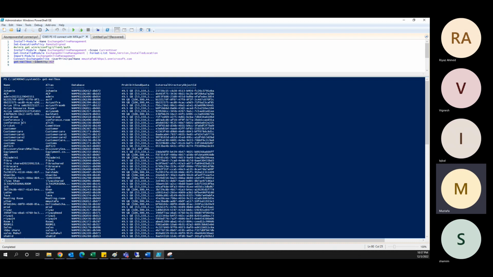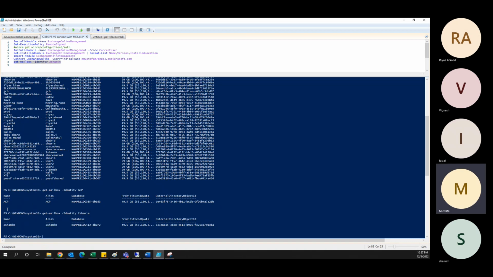सिमिलरली अगर मैं यहाँ लेता हूँ शमीम, so यहाँ पर देखो शमीम का जो भी इंफॉर्मेशन है मेरे को मिल गया। ठीक है, so यूजर स्पेसिफिक इंफॉर्मेशन भी आप निकाल सकते हो, सारे यूजर्स का इंफॉर्मेशन भी निकाल सकते हो। ठीक है, और उसके बाद तुम एक पाइप लगा दो इसके आगे अगर आपको सिर्फ स्पेसिफिक इंफॉर्मेशन निकालना है। ठीक है,